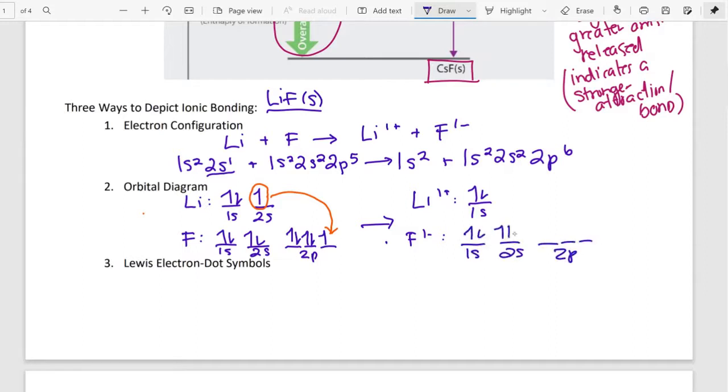So a full 1s, full 2s, and then a full 2p. So that's another way to depict ionic bonding. Just be aware of both of those, how we can use either our electron configurations or our orbital diagrams. Probably the most common way is using our Lewis electron symbols in order to illustrate the transfer of electrons and